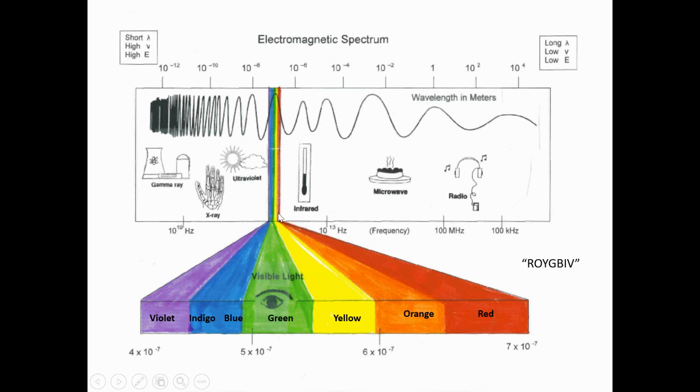When we look at the visible spectrum, red light is, relatively speaking, on the long, low end. Violet light is on the short, high end. I am posting this diagram in the Electron resources folder, and your homework is going to be to answer questions related to this diagram. So I've kind of walked you through everything. Then you will actually have the visual to use in completing your homework.